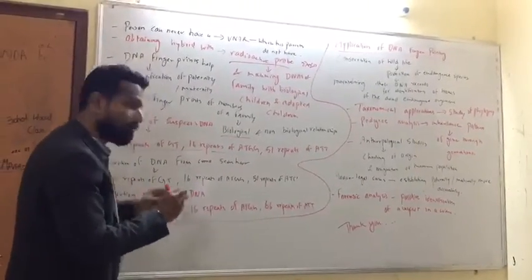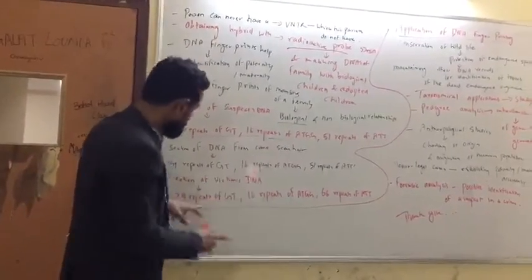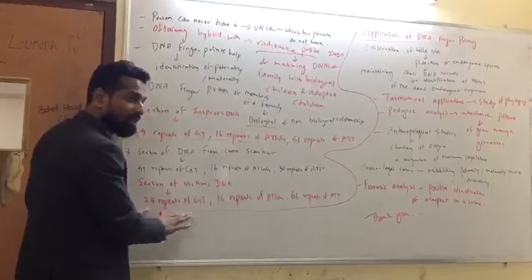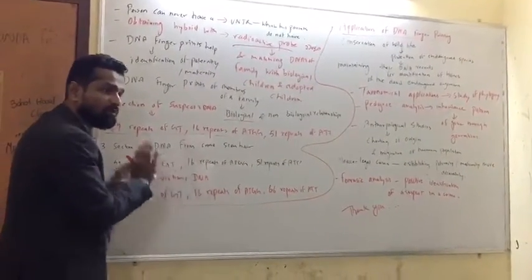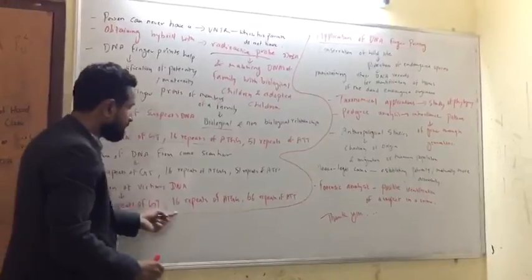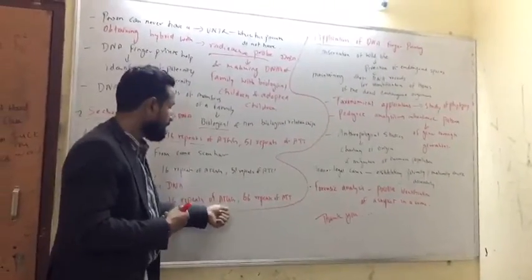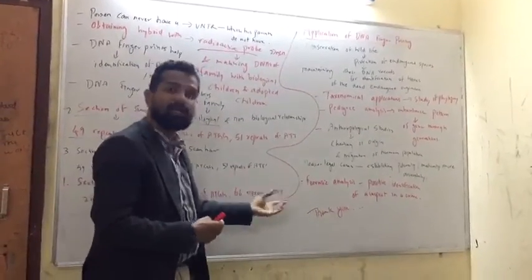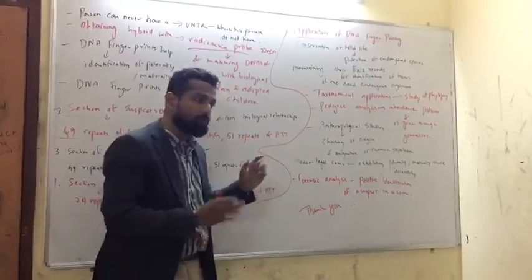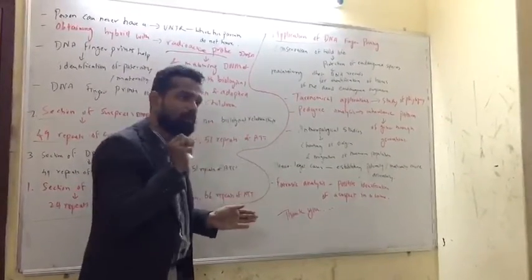That DNA is going to be checked for how many VNTRs are in his or her DNA. For example, 24 repetitions of guanine and thymine were found in the DNA sequence, 16 repetitions of ATGG, that means adenine, thymine, guanine, and 66 repetitions of adenine, thymine. So that means this VNTR pattern has been established in the victim's DNA.